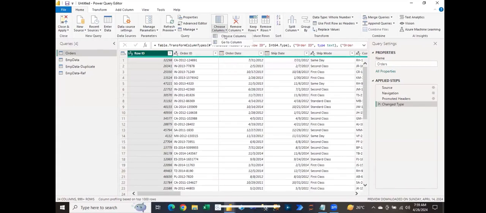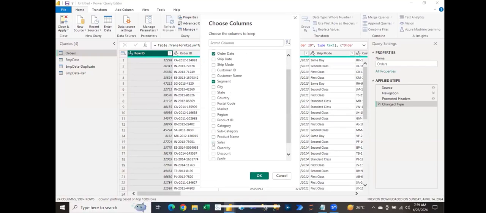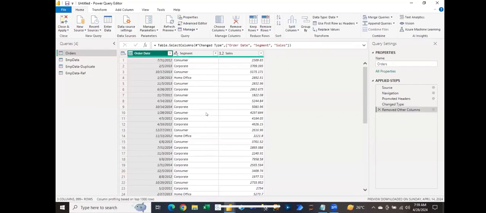So here I am clicking on this choose column, and now it will give me the result for the choose column where I will keep the selected columns. So I uncheck all these, and now suppose I'm just keeping segment, order date, sales. Suppose these three columns, and click on OK. As soon as I click on OK, you can see these three columns here. And now if I just click on this apply,